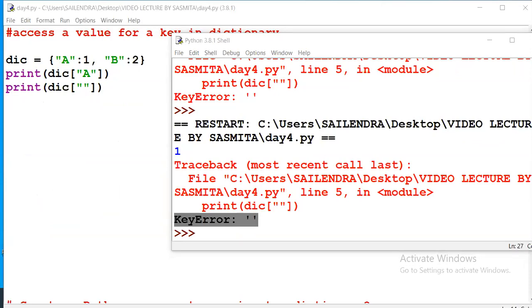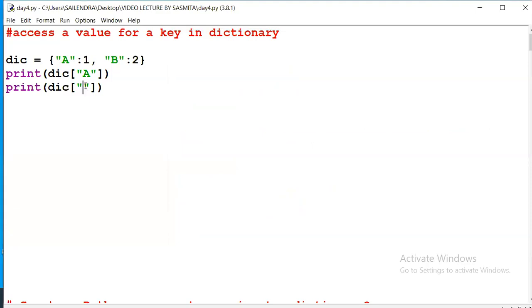Are you getting the output screen? Yes, ma'am. Okay. So it's showing key error. If there is nothing there, the result is key error.